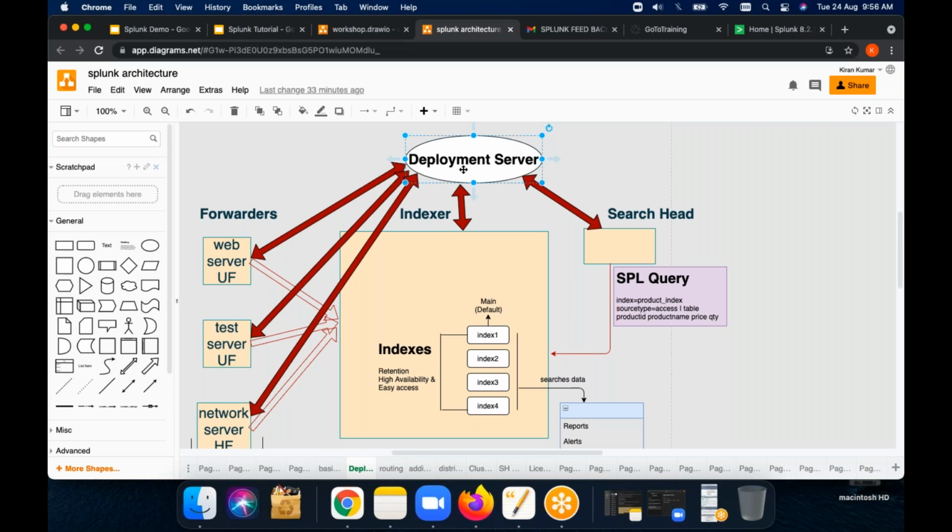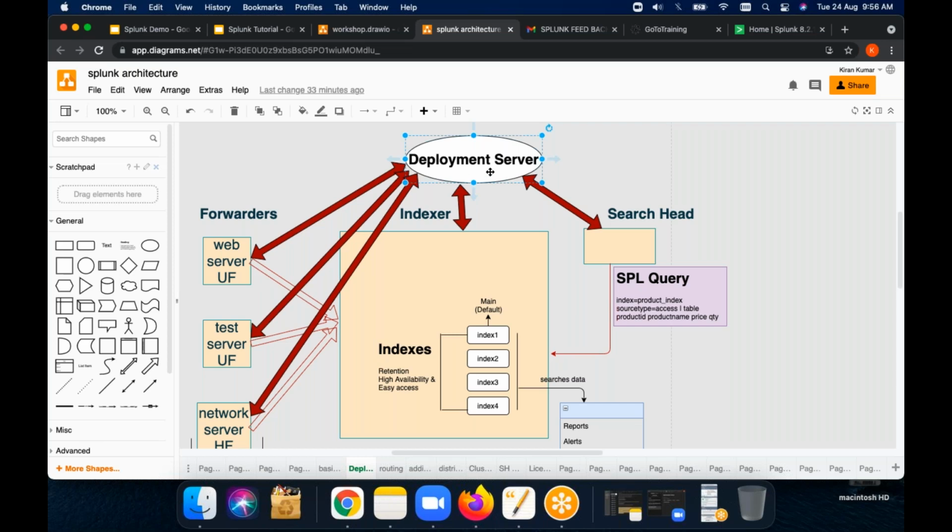So can I add another instance of Splunk as a deployment server and treat it as a client to the deployment server?